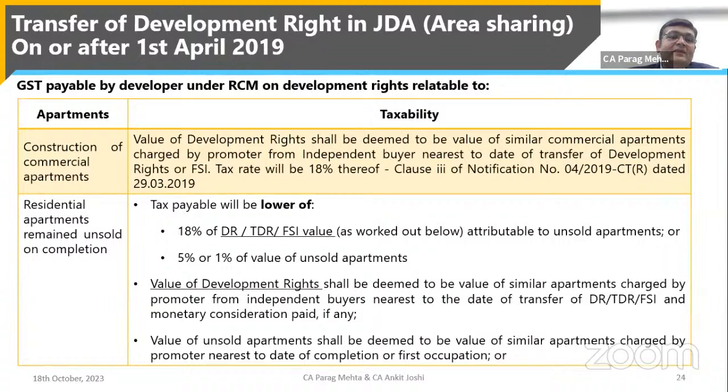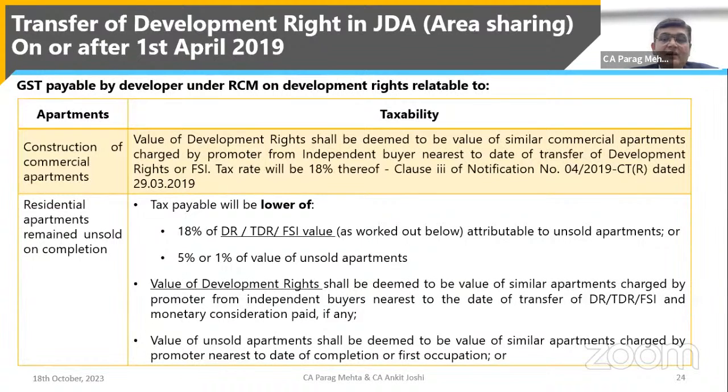Now, in case of residential apartments remaining unsold on completion, there is no liability on the landowner. Again, we repeat, the liability is on the builder, developer, promoter. So the tax payable will be the lower of 18% of development rights attributable to unsold apartments, or 5% or 1% of the value of unsold apartments. Now, when we mention 18% of development rights attributable to unsold apartments, it means, like if